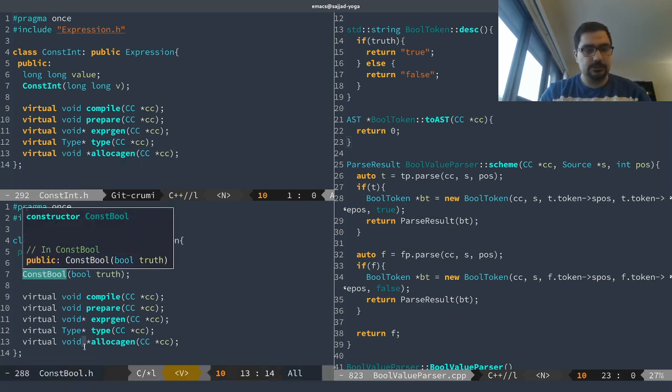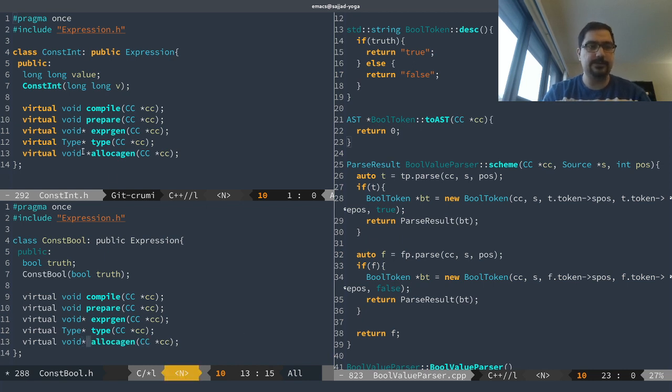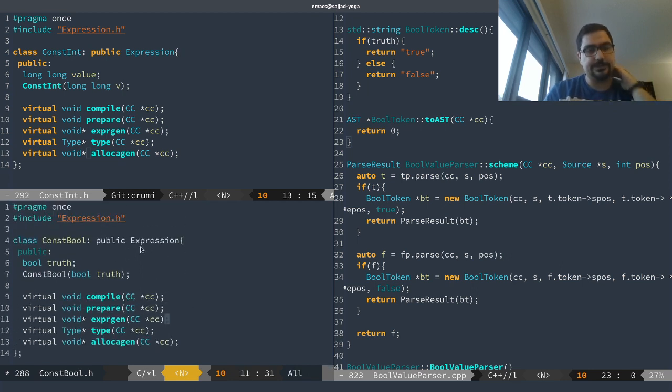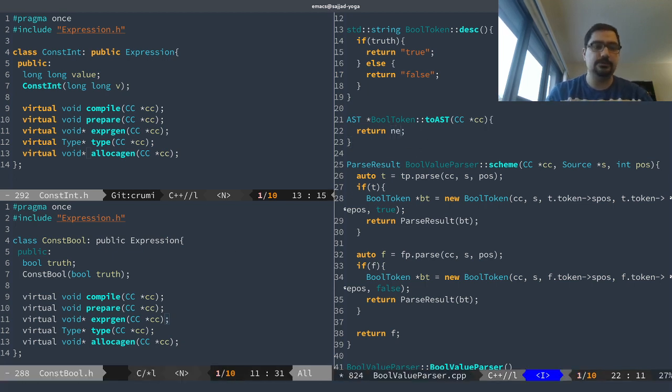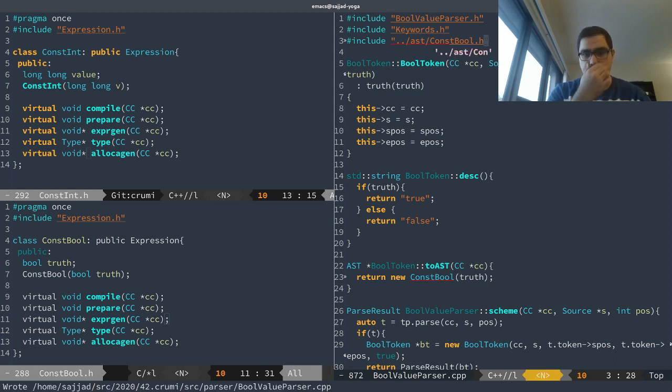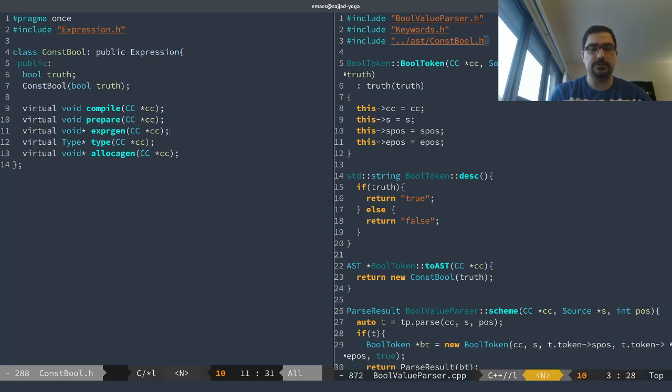We do need to implement all of these functions because they are required for the expression function. And so here I'm going to return a new const bool and pass in my truth value, included from AST const bool. Right. That should be everything on the parser side, and for the code generation side,